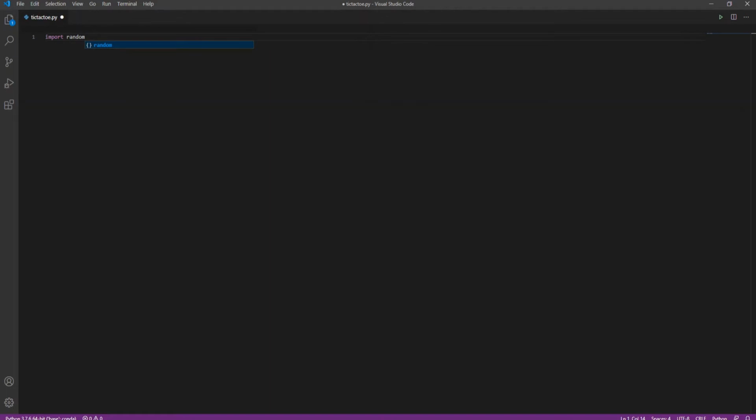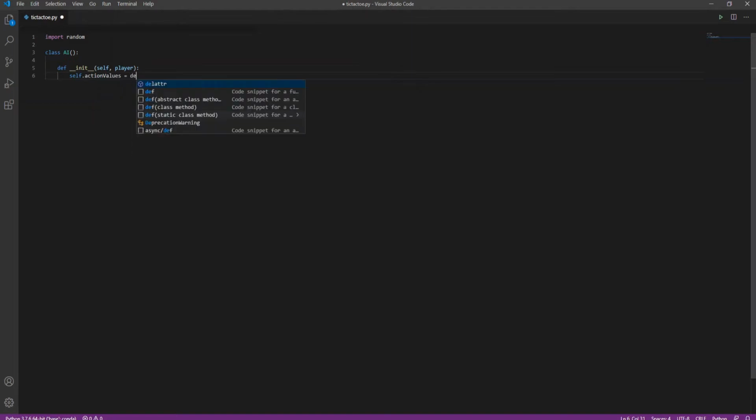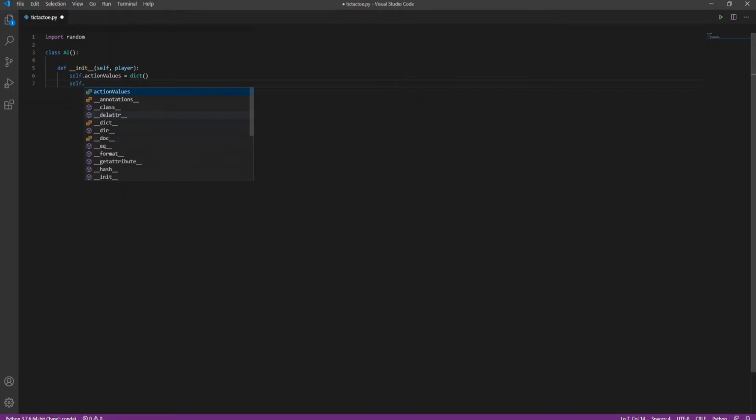To get started, we will import random. This will allow our AI to make decisions randomly. So then we will create our AI class. In the init function, we will pass in player, and player will be either O or X. Also in here we will have self.actionValues equals dict, self.newValue equals 0.1,